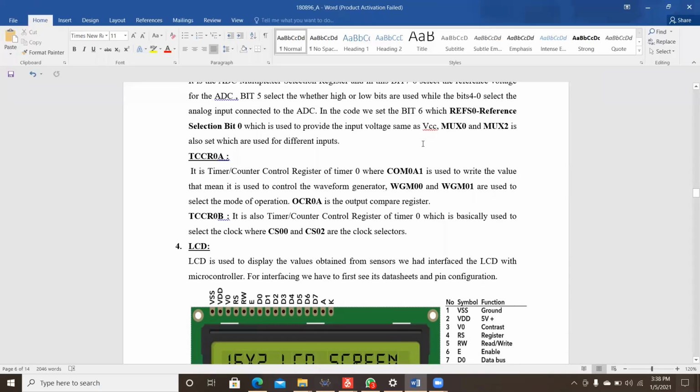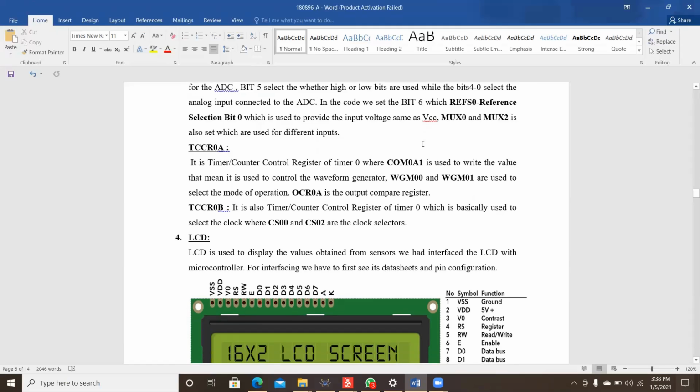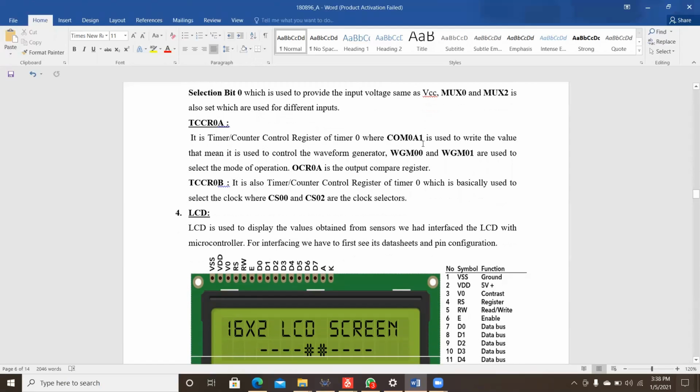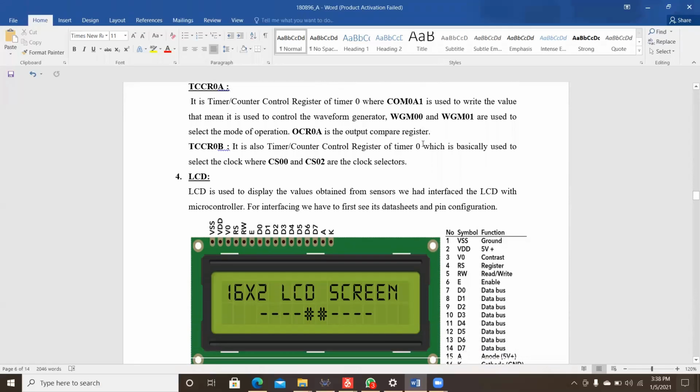TCCR0A is the timer/counter control register of timer 0, where COM0A1 is used to control the waveform generator, and WGM00 and WGM01 are used to select the mode of operation. OCR0A is the output compare register, and TCCR0B is also a timer/counter control register of timer 0, which is used to select the clock, where CS00 and CS02 are the clock selectors. These are actually used in PWM,